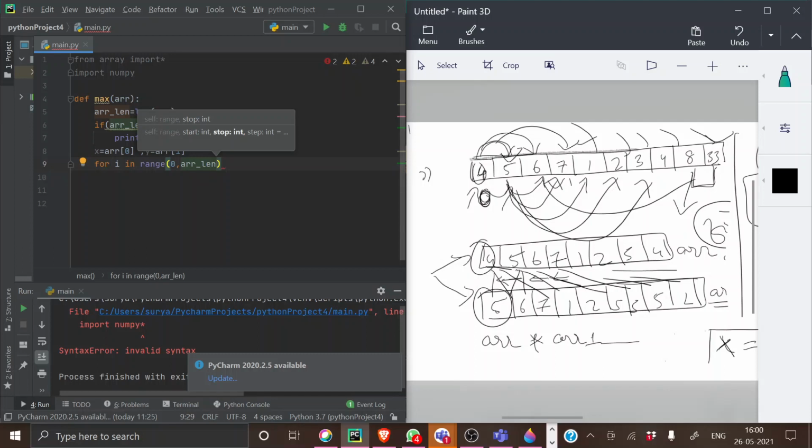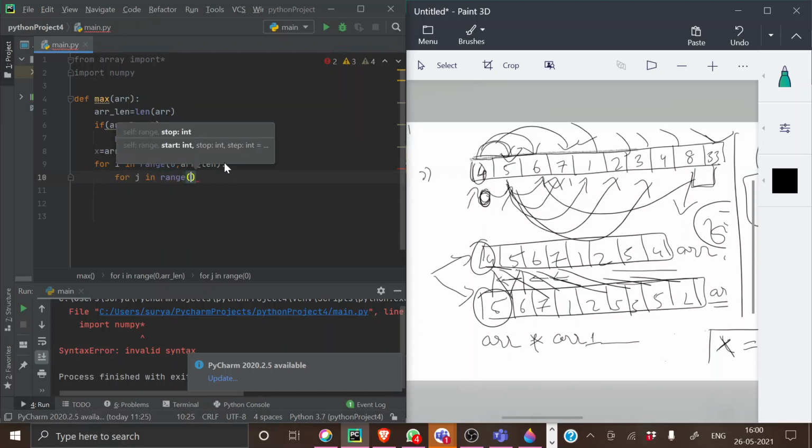After giving this line, I'll give another for loop, for j in range. Now you ask, which index should I use? Here we used 0 to the array length.